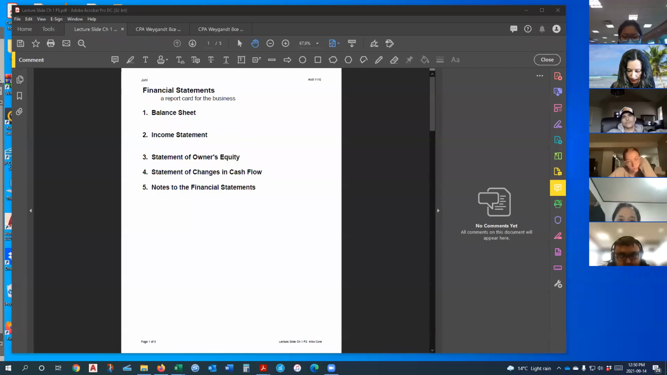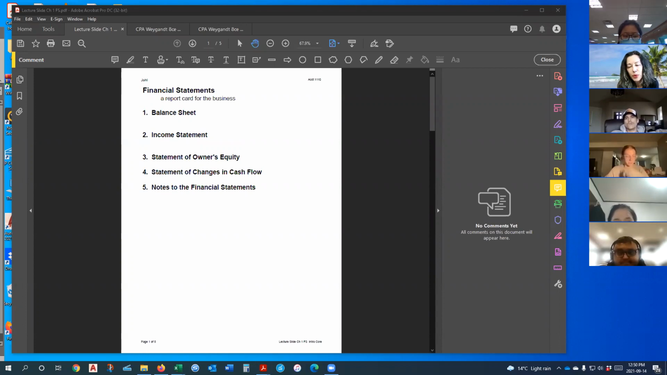What we did last class is we started talking about definitions. And we talked a bit about financial statements. So just want to run through what we did the last two classes. The whole point of this course is financial statements being the report card for business. So we talked about financial statements,